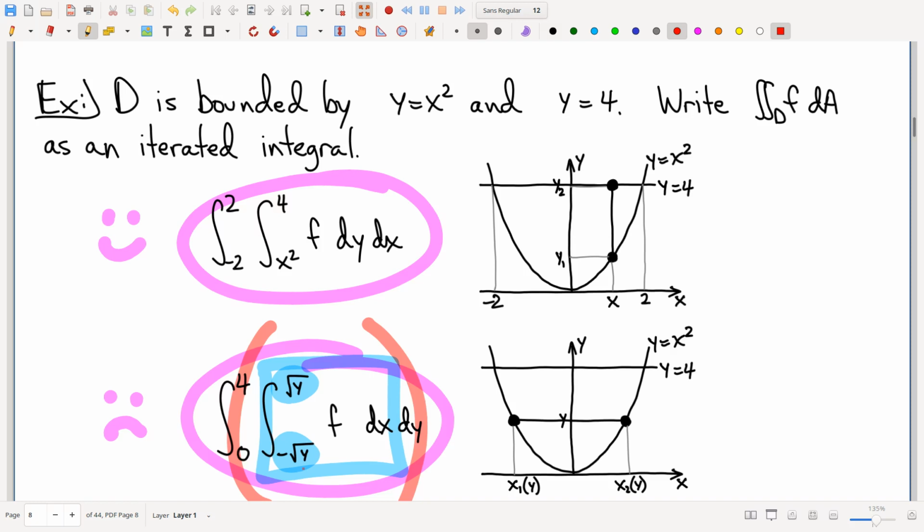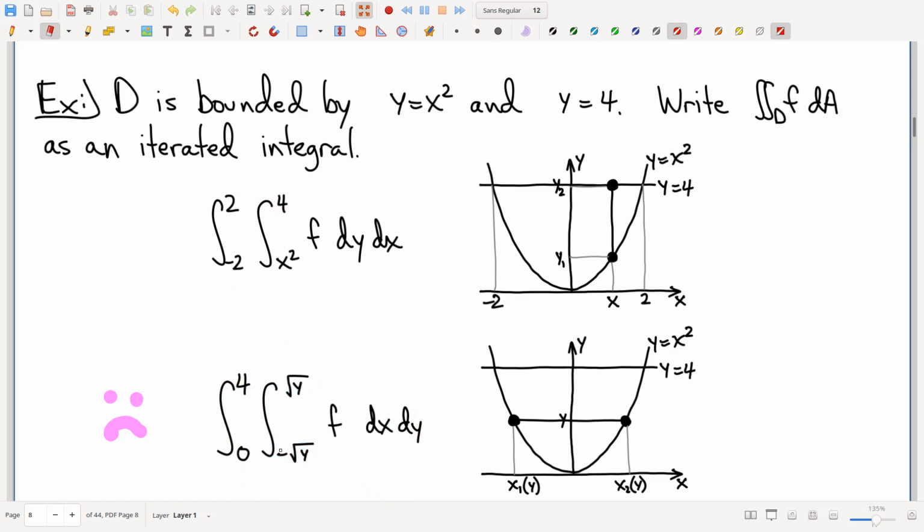Okay, so we agree on which one is the good one and which one is the bad one. And now, how do we avoid the bad one? Roughly speaking, the point is this: whichever variable you put on the inside is the one you're going to need to solve for. So I'm going to need to solve for y in that equation as I work this one out,